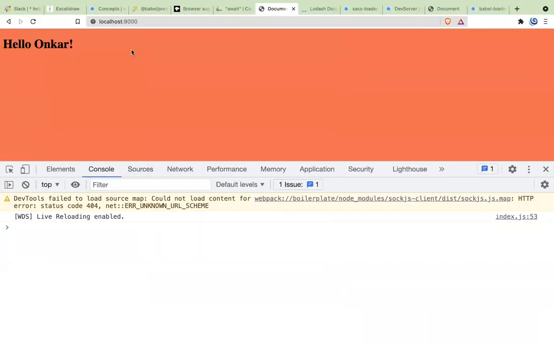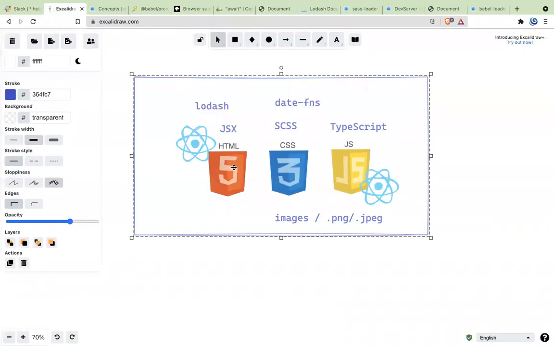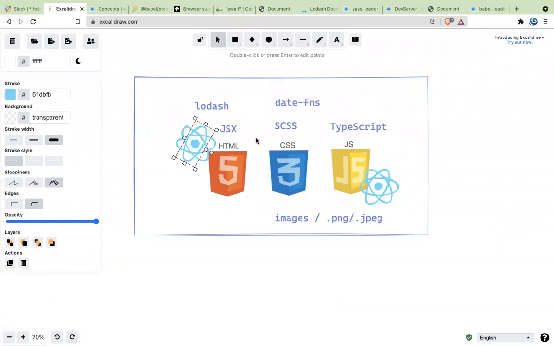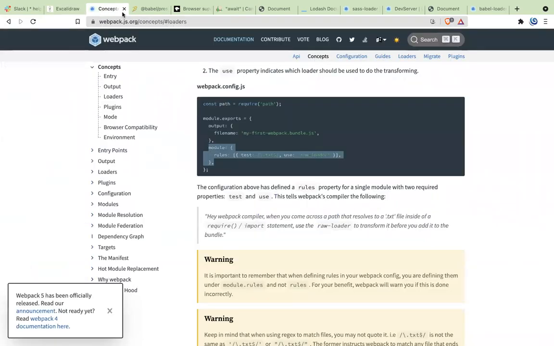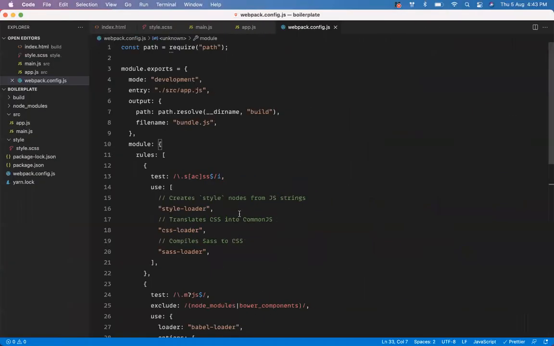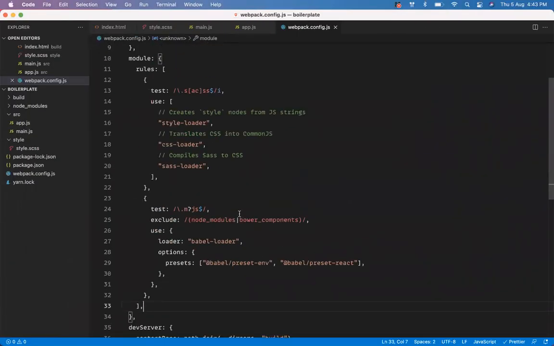So this is what it actually does. Now what we did is we were able to not only write HTML, CSS, and JavaScript. On top of that, you can use any kind of third-party libraries, React, maybe TypeScript, SCSS, PNG images, all of this together by using Webpack. And we used Babel to compile the latest features in JavaScript. We can directly write it right here. So that is what we are able to do. Anybody here who is having any question, any doubt, anything here?